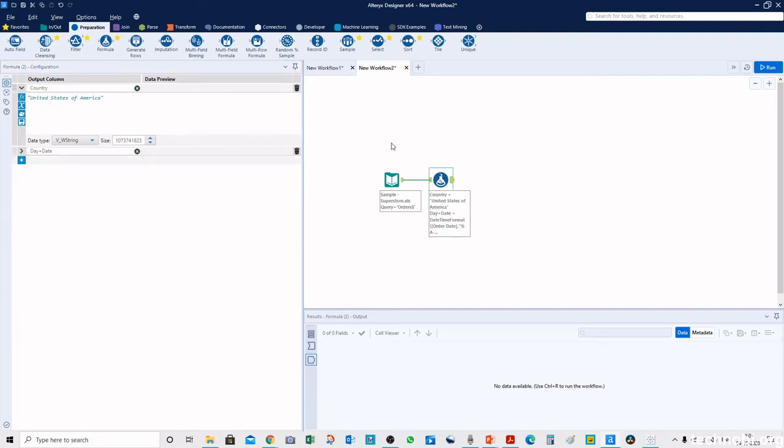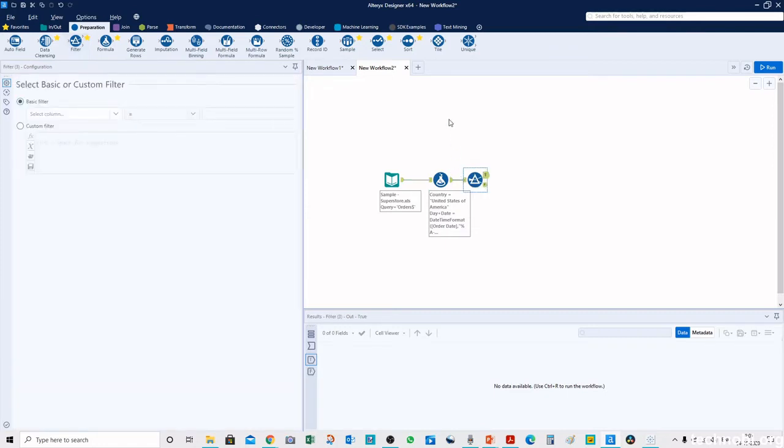And now we will insert the Filter tool, and now here we will enter a condition. So here if we want just one condition, this basic filter option we can use. For example, we will say City equals some city name.